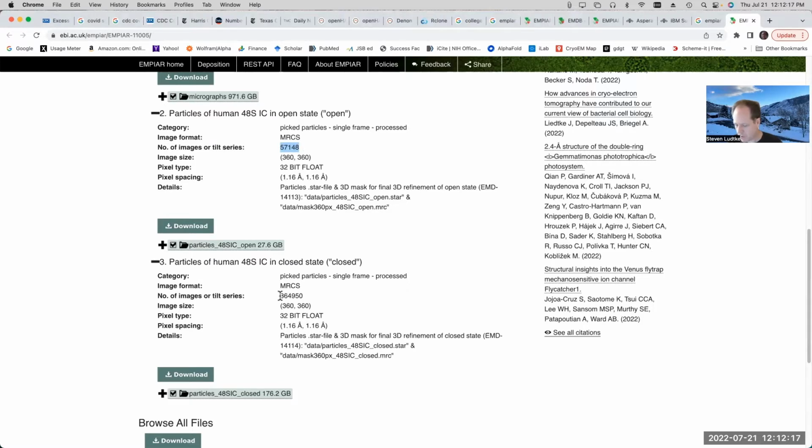Now, most of that is probably because of this data set, which is much larger, this closed state data set that's presumably intermingled with the open state data set. And this is a much larger population, but even here, you're really only talking about getting something in the order of 10 or 15 particles out of each micrograph. I don't know.